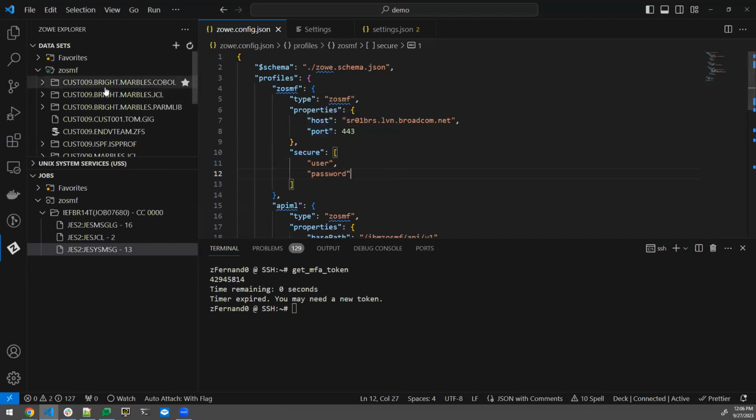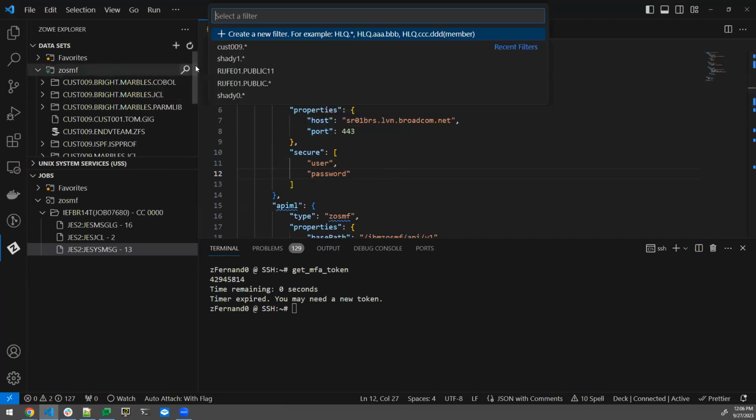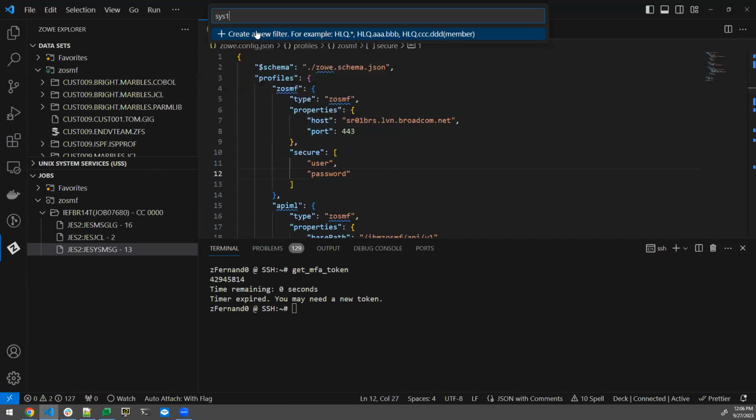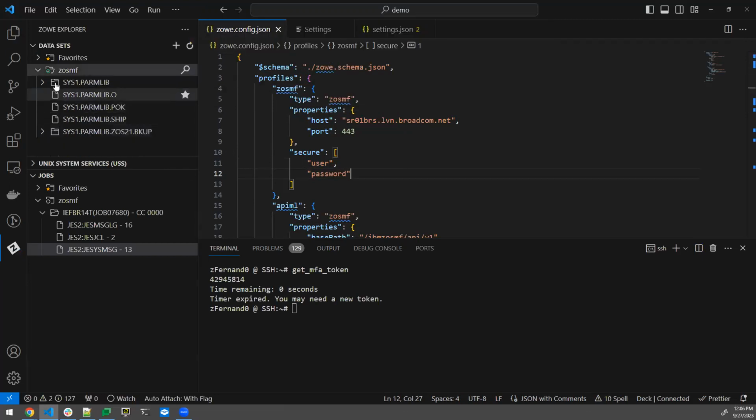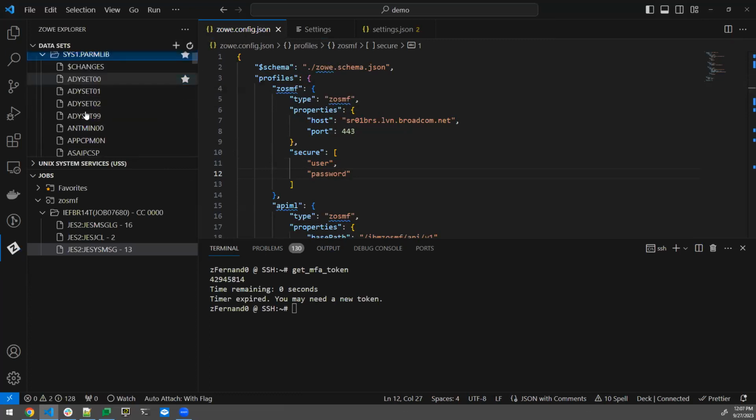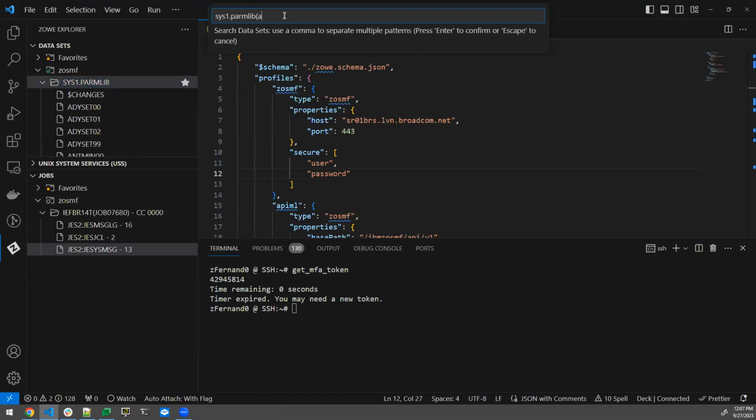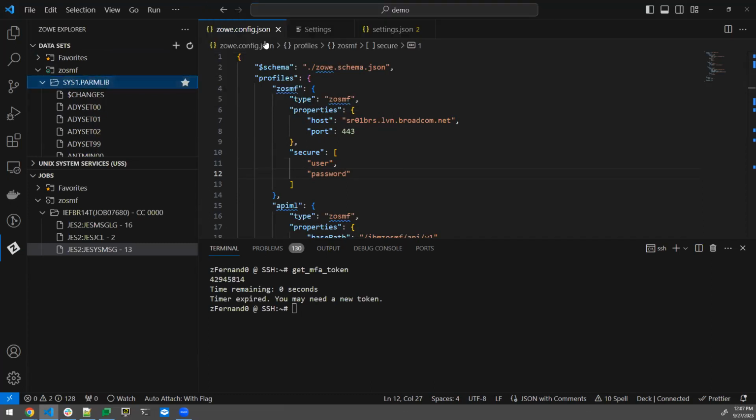For resource filtering, let's say we're looking at sys1.parmlib, which may have a lot of members. Say we want to focus solely on the things that start with ADY. So I'm going to do another search, and I can tailor that down to the member name,